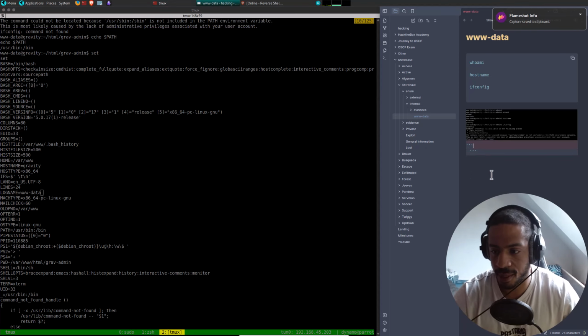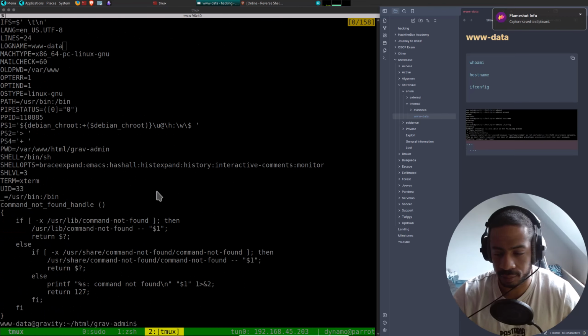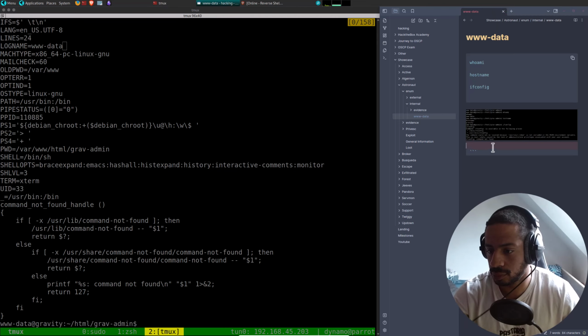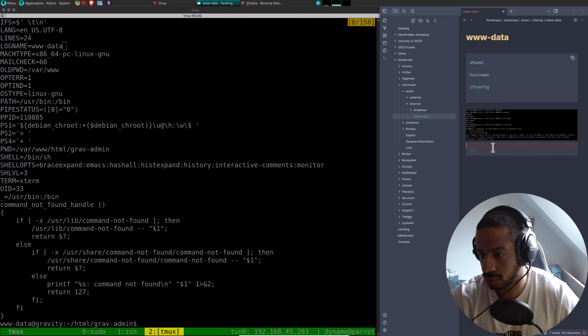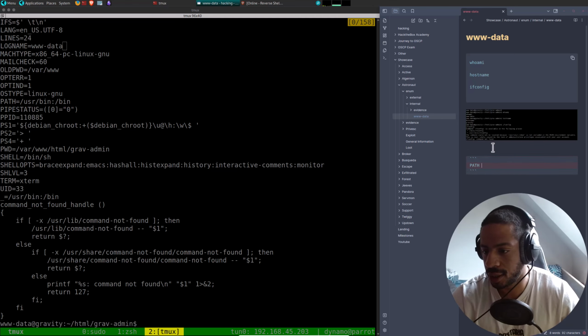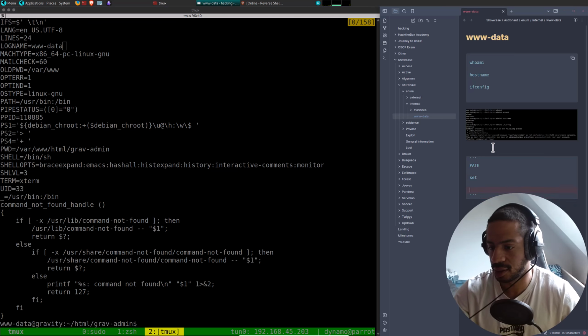Like that, and then path and set. Like that. What the? Path and set. Like so.